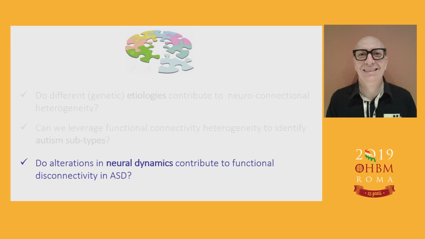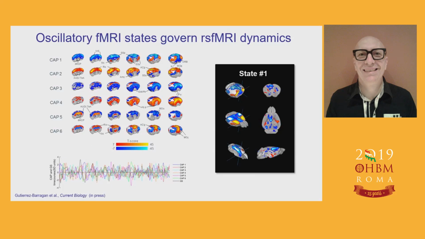The last story is, as mentioned, one question that's been there for a long time: it would be interesting to understand how neural dynamics, or alteration in neural dynamics, could be related to functional disconnectivity in autism. And the approach we developed, again in the mouse, is, by the way, of course, applicable also to humans, and we're doing that. It is an approach whereby you can decompose resting state time series into states. These states are oscillating, so they are reconfiguring not in an abrupt way, but they have these infra-slow oscillations. And these states can be mapped with voxel resolution, both at the subject and at the group level.